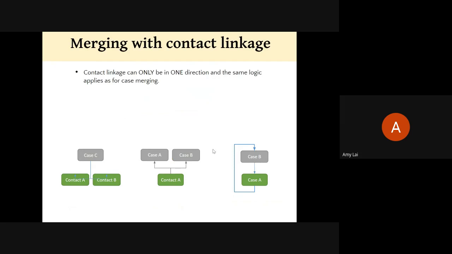Next, I'm going to talk about contact linkage. This is also a scenario where a lot of people run into issues. First of all, I want to talk about what the contact linkage structure looks like in MEDSIS. In MEDSIS, contact linkage can only be in one direction, and the same logic applies to case merging. So you can see that